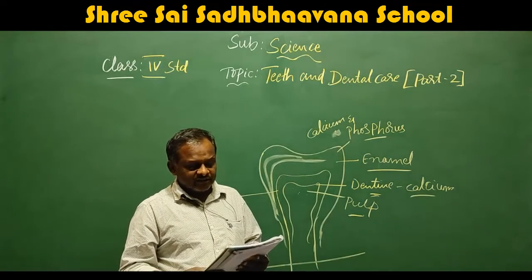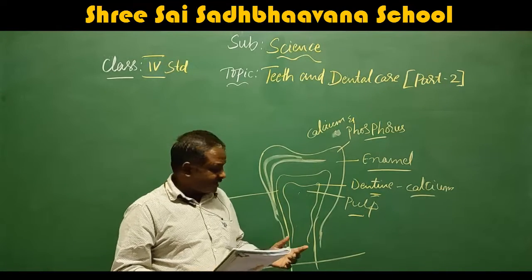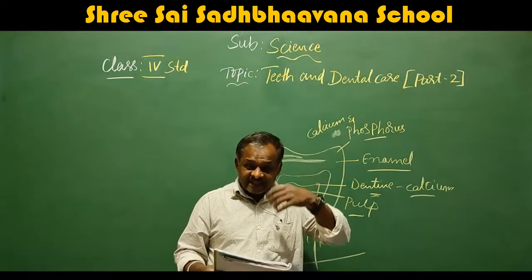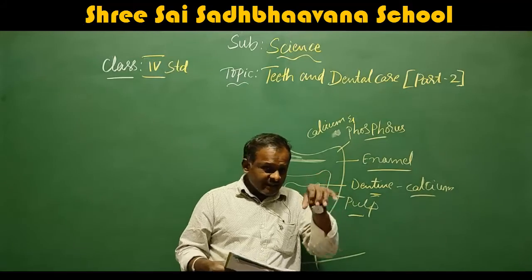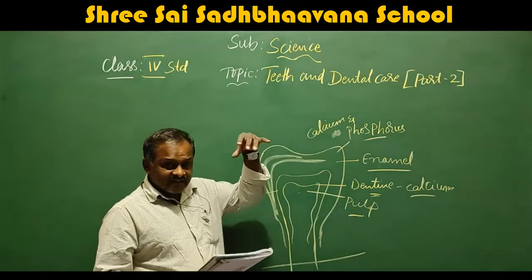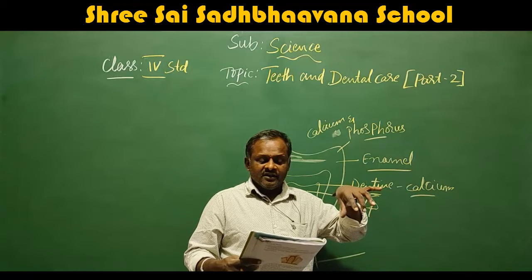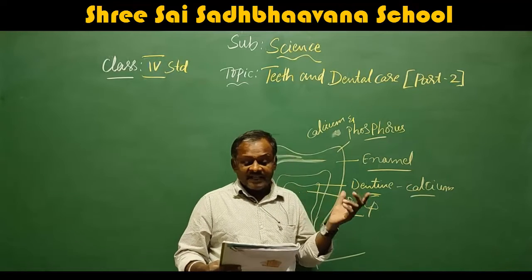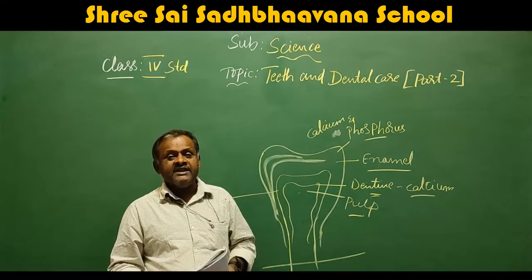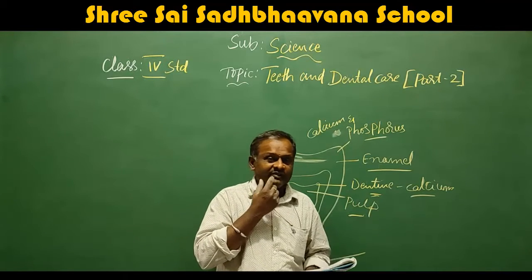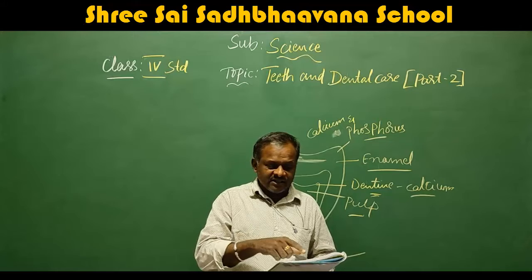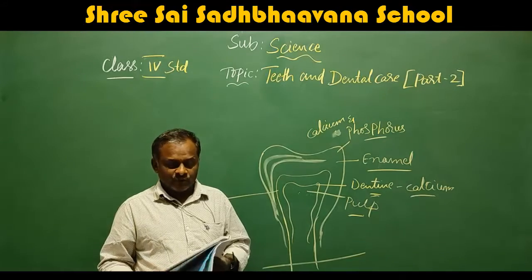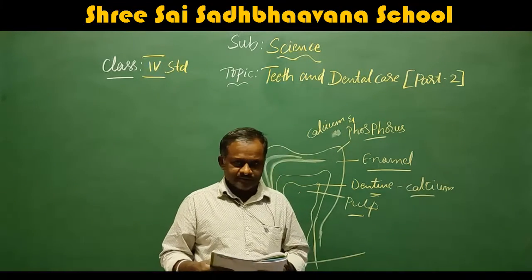The pulp goes all the way down into the root of the tooth, which is under the gum. What we see in red color is the gum. Below the gum, the cementum goes inside and fixes the teeth with the jawbone. It is light yellow in color and is usually covered by gums, the red part. The gums cover this cementum. So this is about the layers of the tooth. Next we will move to types of teeth.